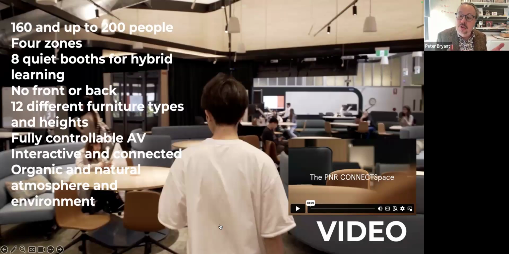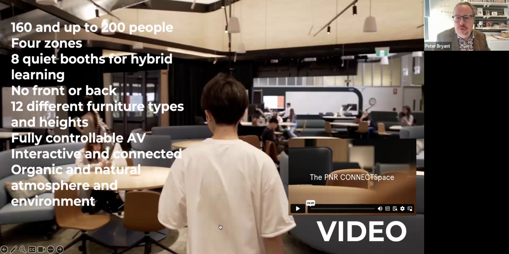Each zone has a teaching space at the back that can control the whole room, but can also be used by the teacher to break it up into 4 separate zones of around 40 people. That's done through the use of acoustic curtaining. You can just see it behind that gentleman's head there. That acoustic curtaining moves over with the press of a button and divides the room into 4 different rooms without anyone having to get up and move.